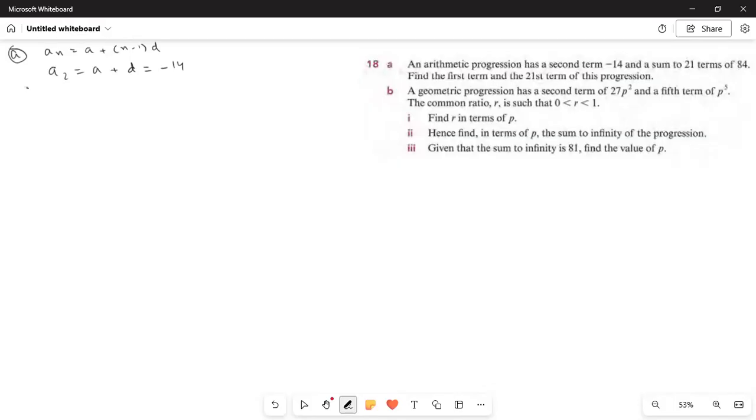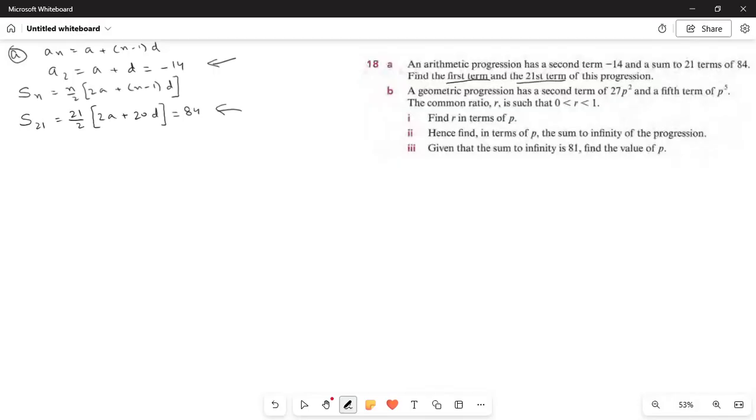Okay, and remember, sum of n terms in an arithmetic progression is n by 2 times 2a plus n minus 1 into d. Okay, so sum of 21 terms, it is 21 by 2 and 2a plus 21 minus 1 is 20d, and this is given as 84. Okay, so from these two pieces of information, we need to find the first term